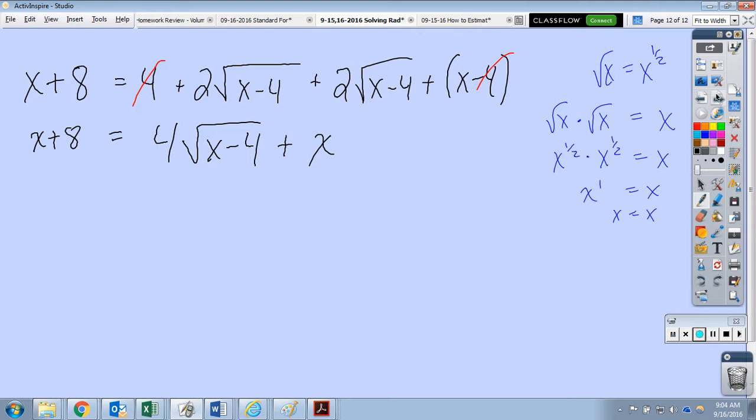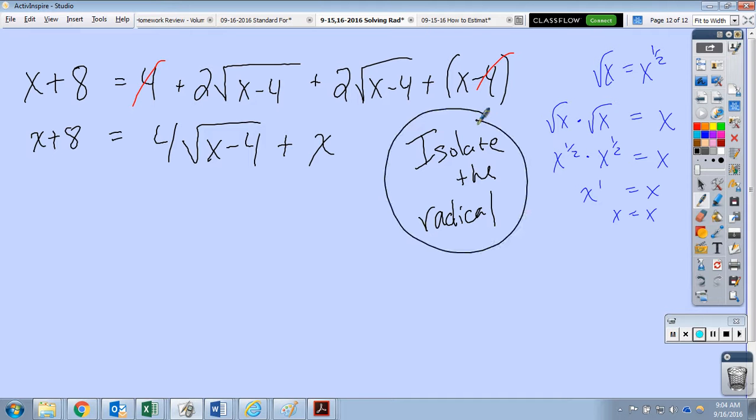So what is the big idea here? Isolate the what? The radical. So isolate the radical again. So how do we do that? Subtract x, okay? So minus x, and what would that leave us? 8 equals 4 times,